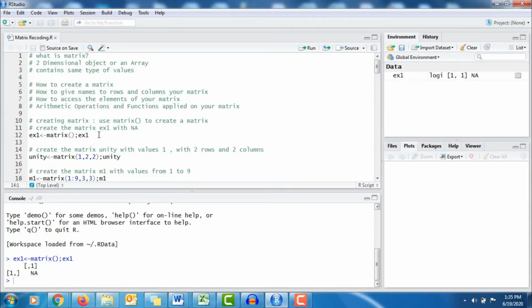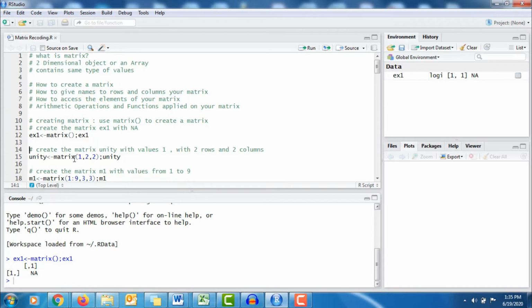But what if I want specific value to be present in a matrix with certain rows and certain columns? For that you have to use matrix function, within which first argument will be your source value which you want to place in your matrix, followed by number of rows and number of columns.